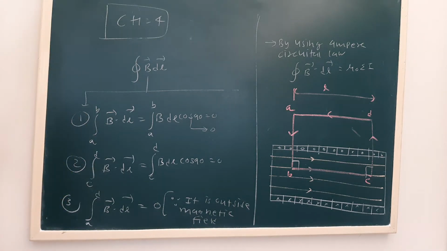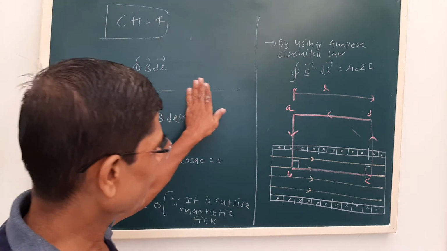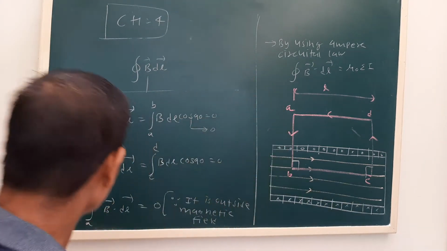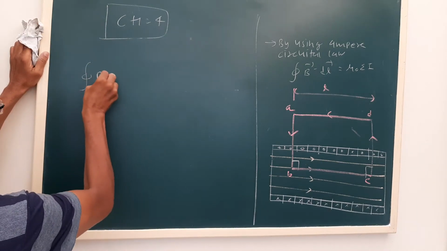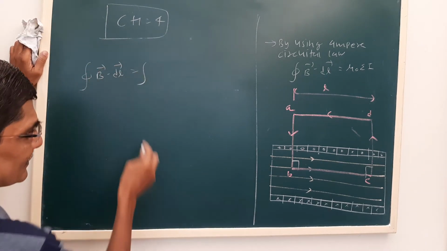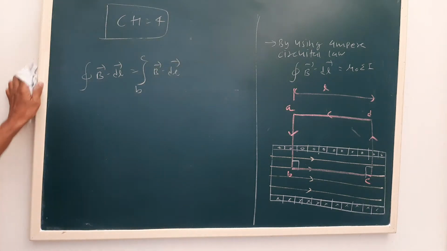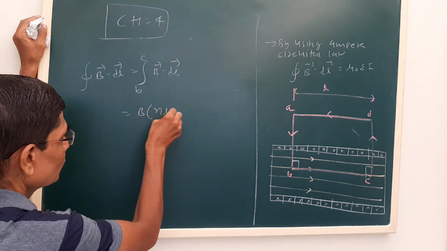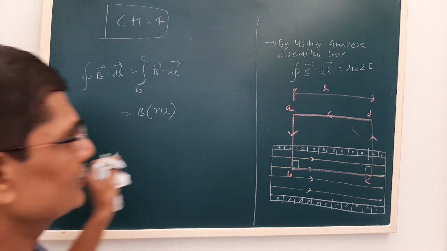So out of this 4 part, the magnetic field due to 3 parts is 0. So we can say the part that will contribute will be due to BC only. So on our left hand side, only the part BC remains, B dot DL. Now as we have seen, the number of turns is N, so it will be B N into L. This is the left hand side of the equation.